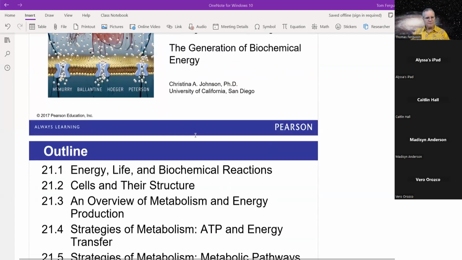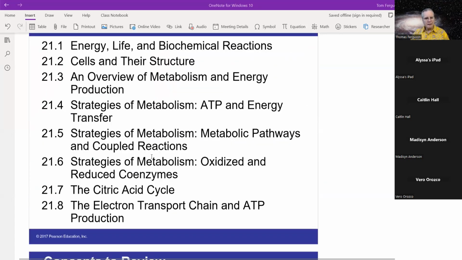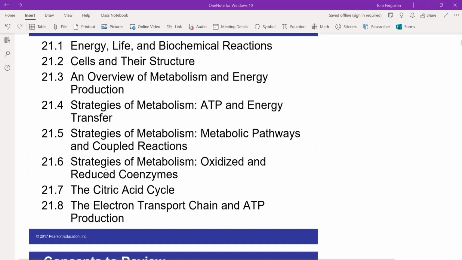Okay, so this chapter, as I was saying, is on energy. And the issue with energy in the body is that it has to be done at a super low temperature. And it also has to be stored. So there are a lot of complications because we're a living being. Because of that, our body does it all with the magic of enzymes, which can function at pretty low temperatures.